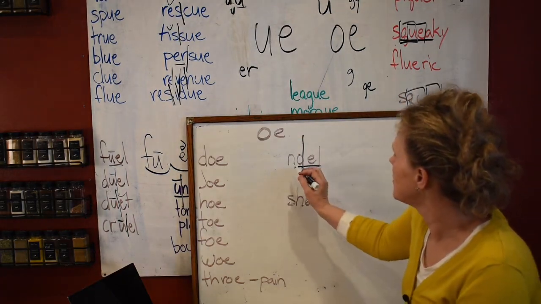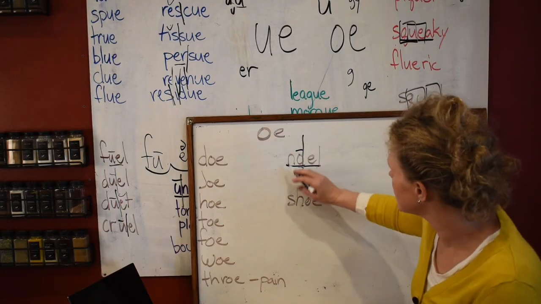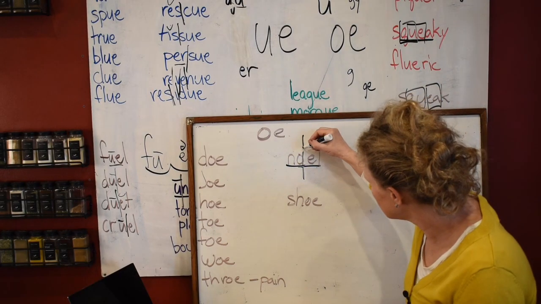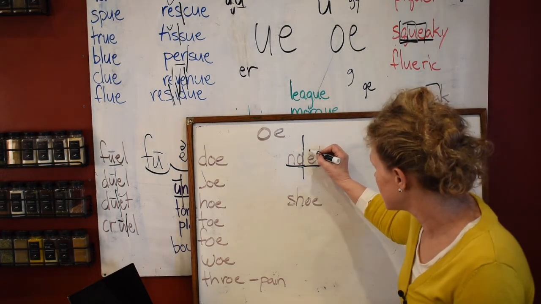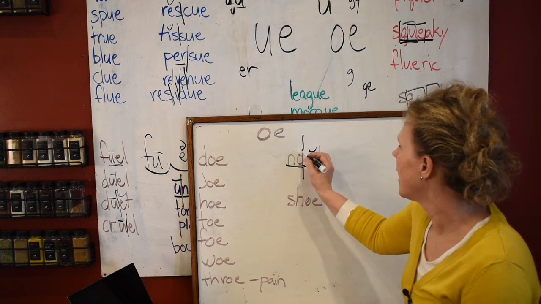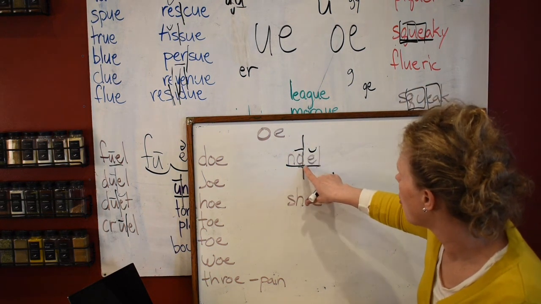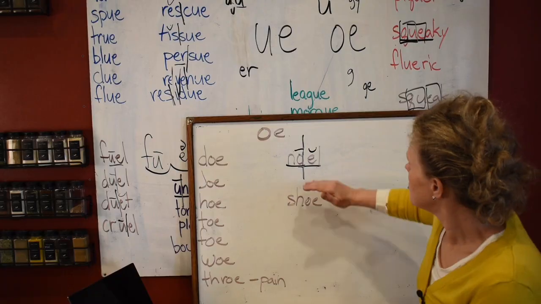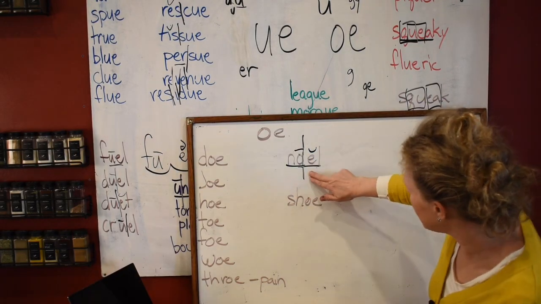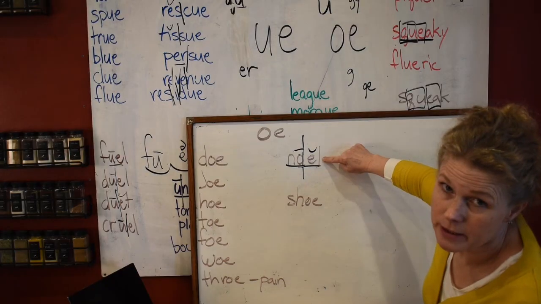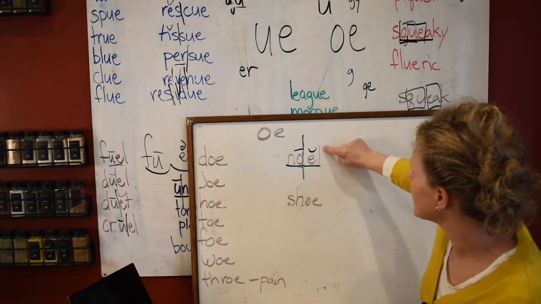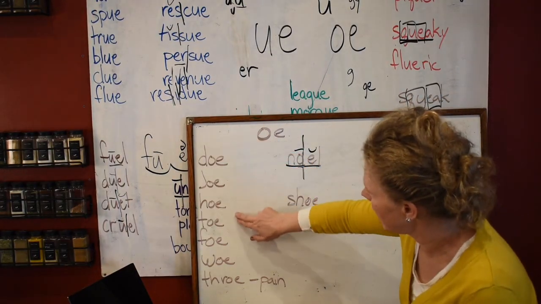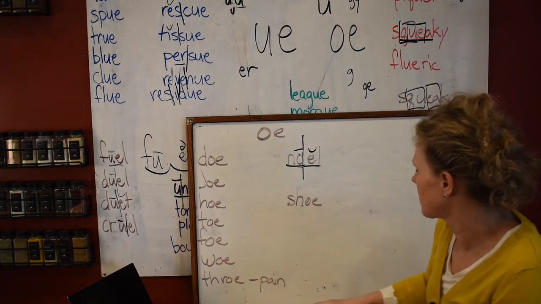It breaks down the middle. This says no, and it's long because it's an open syllable. This is long. Noel. This is the accented syllable, so it's going to say its short sound, and this is going to say its long sound. It says no-el, Noel. So if you see the OE and it's followed by a consonant, and maybe sometimes a vowel, but most likely consonant, it is not this vowel team. This vowel team falls at the end of words, end of short words.